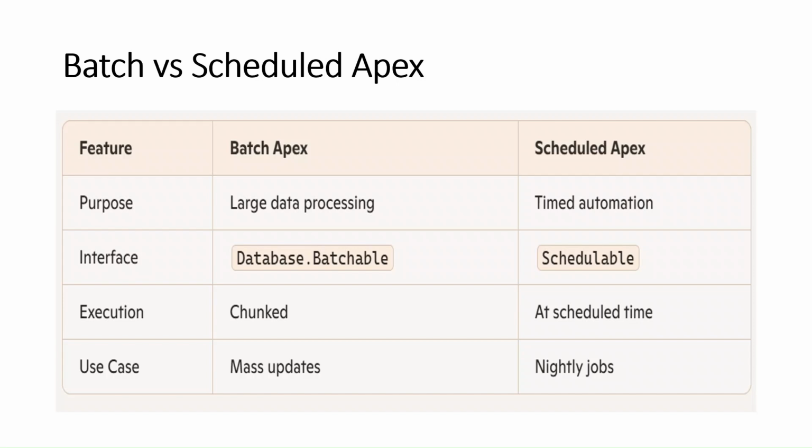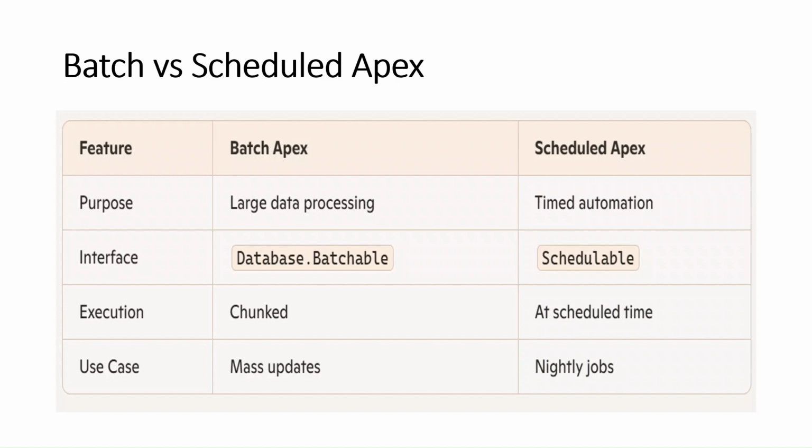So the main purpose of the batch Apex is to process large data. Any update that is to happen on a large data, or delete a large amount of data, in that case we can use the batch Apex. And scheduled Apex is to run at a particular time. The interface we have to use for batch Apex is Database.Batchable, and Schedulable for